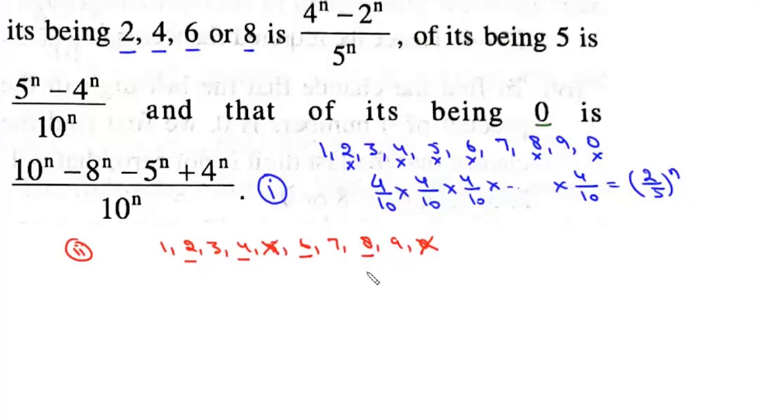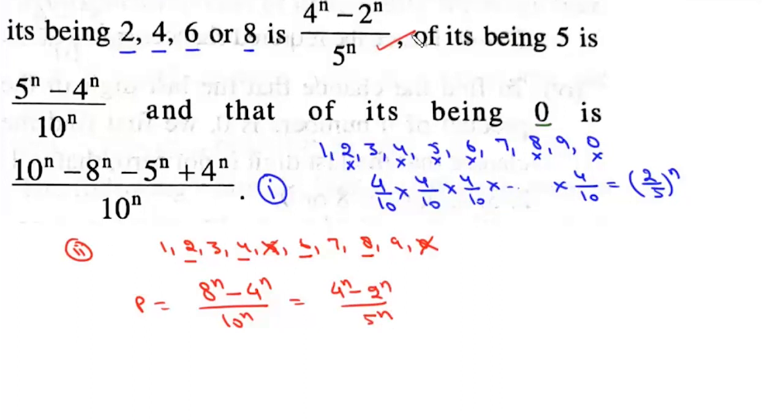So from these 8 numbers we can form 8 to the power n numbers, and from this we'll subtract all those cases in which none of 2, 4, 6 or 8 is chosen. So there will be 8 to the power n minus 4 to the power n divided by 10 to the power n. So this required probability will be 4 to the power n minus 2 to the power n upon 5 to the power n,